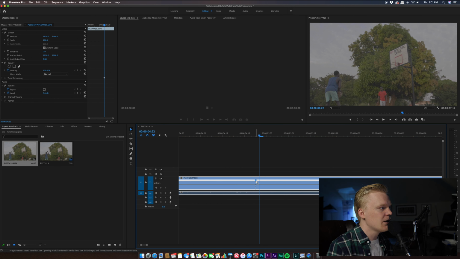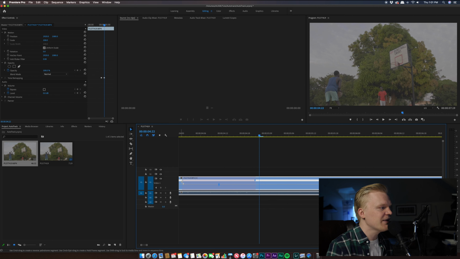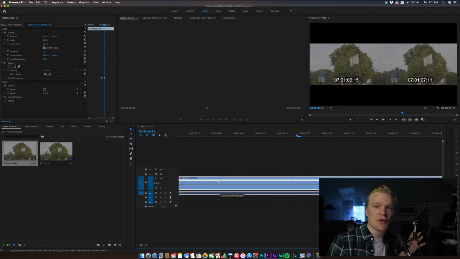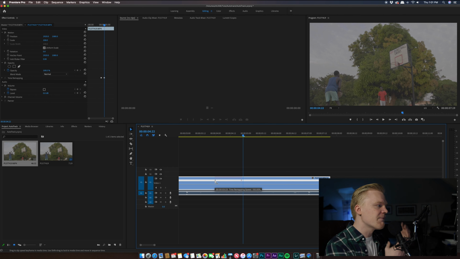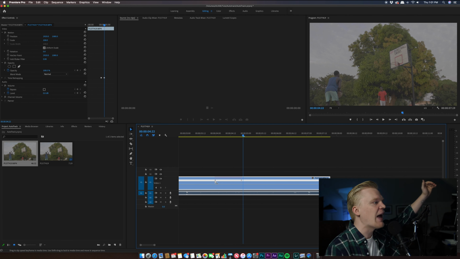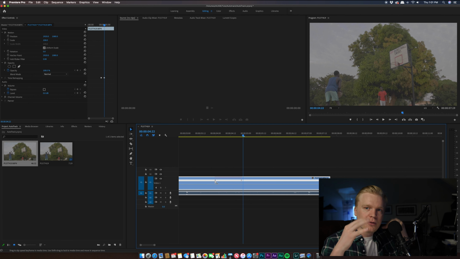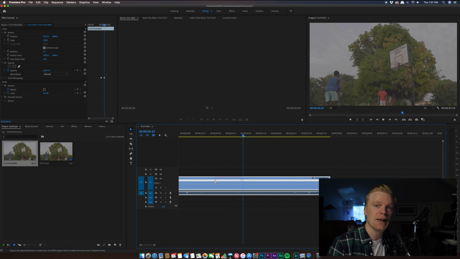I'm going to take the one on the left, and I'm going to begin to widen this out like so. And what this does is this actually transitions your speed. So this makes it so that the first half of your clip, you can adjust the speed to be slower or faster, and then the second half of your clip can be whatever other speed you want. So you can go from being like 10,000 speed down to 20% speed,